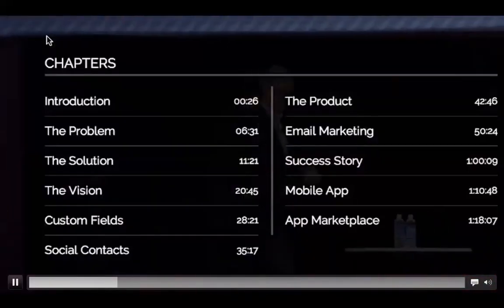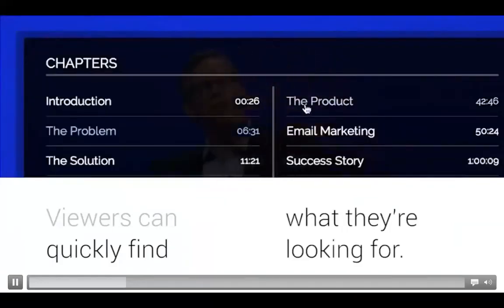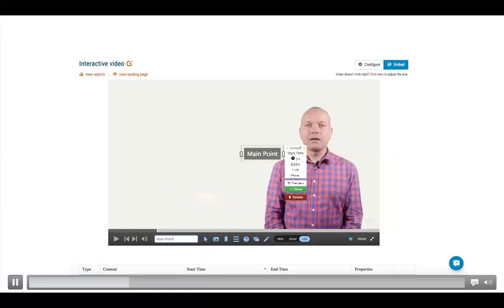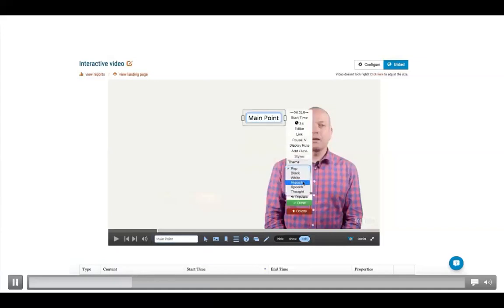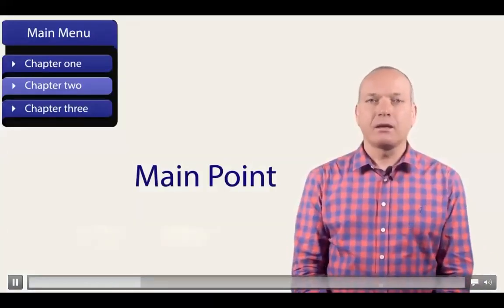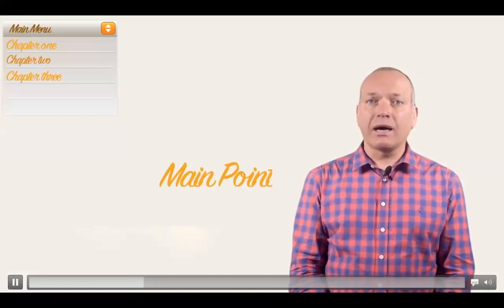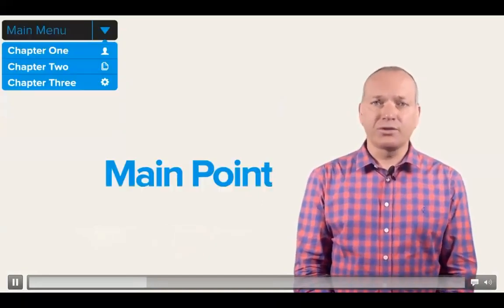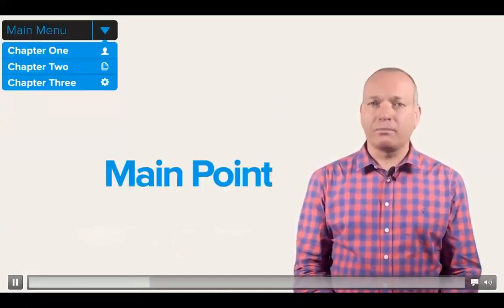Chapter menu. Quickly add a chapter menu to your videos so viewers can jump to specific content instantly. Text annotations. Add text annotations to your video to support learning and reinforce messaging. Custom CSS. You can apply custom CSS and change anything from the colors and fonts of your video. You can even style the player itself with custom branding and colors. Custom animations.